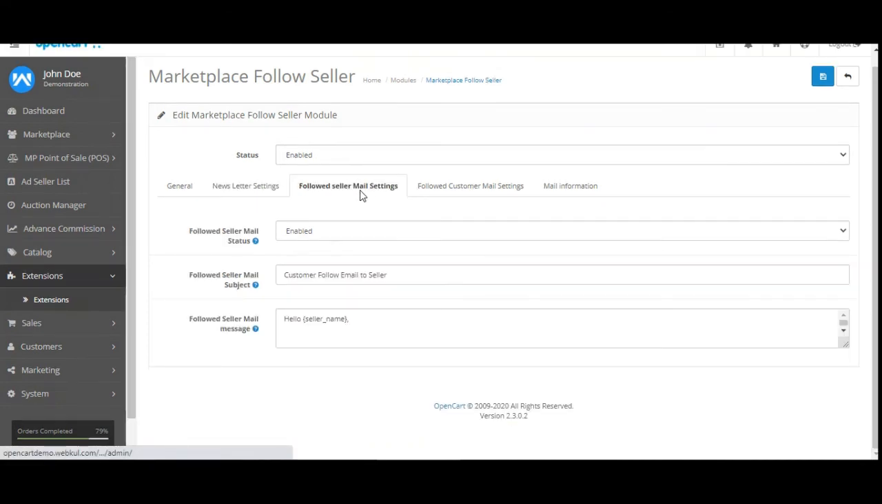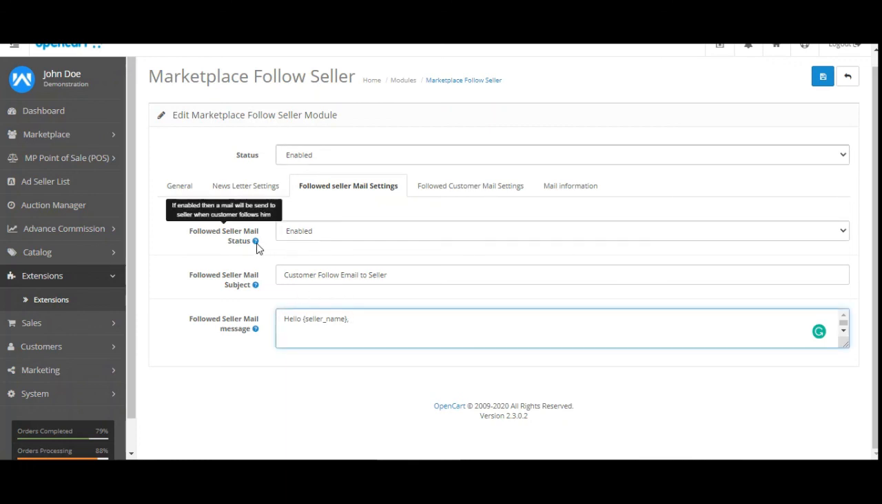Then we have the followed seller mail settings. You can enable or disable this option. You can set up the followed seller mail subject and the followed seller mail message. Here you can see that we have chosen the code as the seller name, that is automatically filled up. So you can set your followed seller mail content here as per your own requirement. If this option is enabled, then a mail would be sent out to the sellers whenever a customer follows them. And similarly,